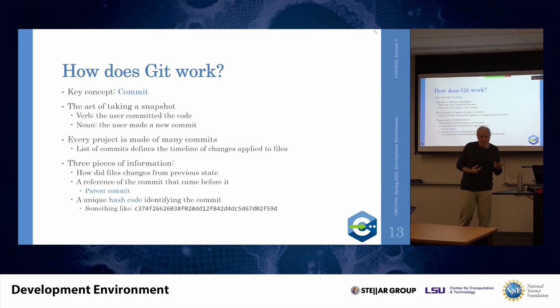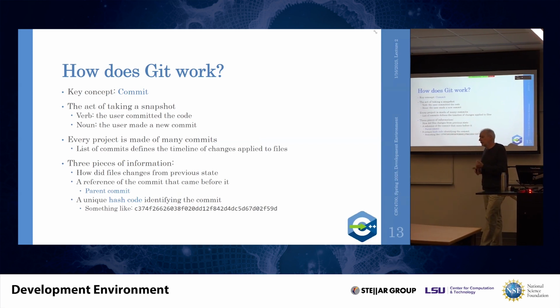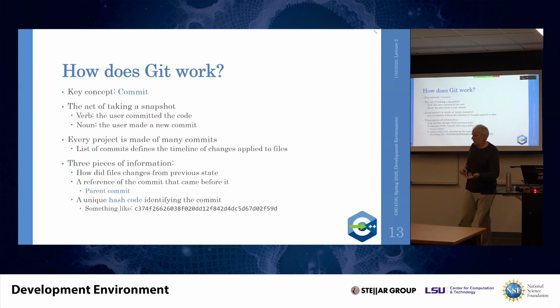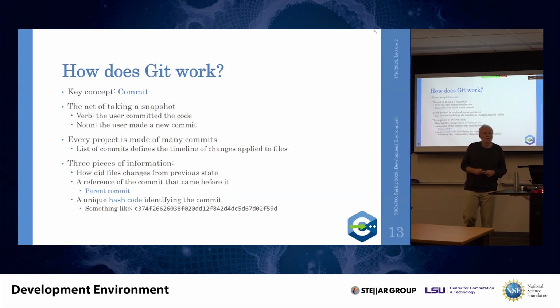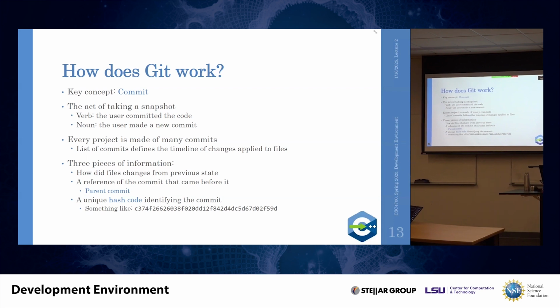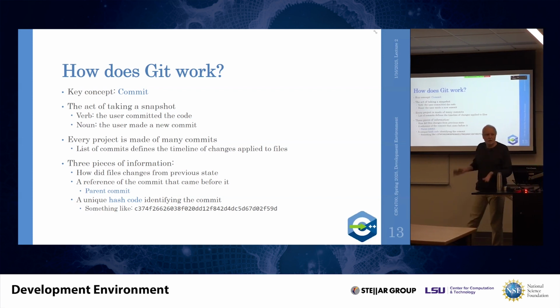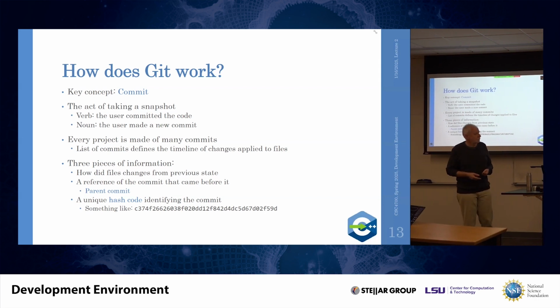Every commit has 3 pieces of information in it. It has a reference to the parent commit, to the previous commit on that timeline. It has a list of changes since that previous commit. And it has an associated hash. That hash is something like that hexadecimal number I'm showing here. And these hexadecimal numbers are unique worldwide across all databases. So every commit has an absolutely unique identifier you can use to refer to it.